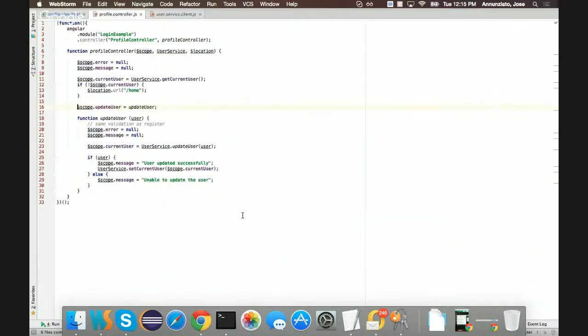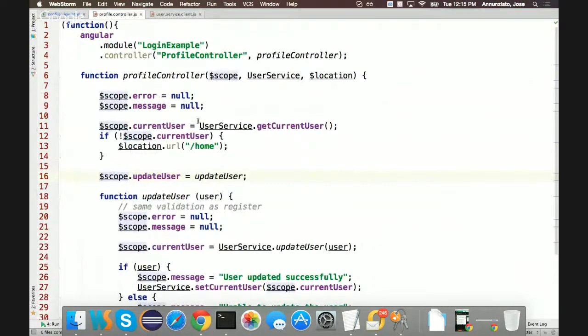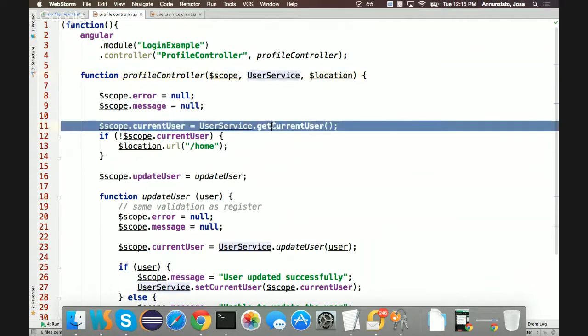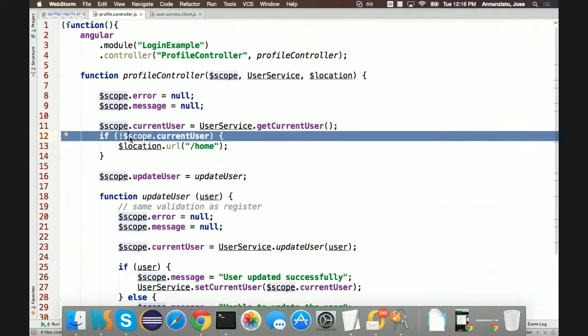Yeah, here. Here's a controller. It initializes both error and message to null. It loads the current user from the user service. It says user service, get me the current user. Okay, so here's a validation. If there is no current user, if somehow you came to the profile page without having logged in or registered, I'm going to kick you back to the home page. So this is kind of like a soft protection. I'm protecting this